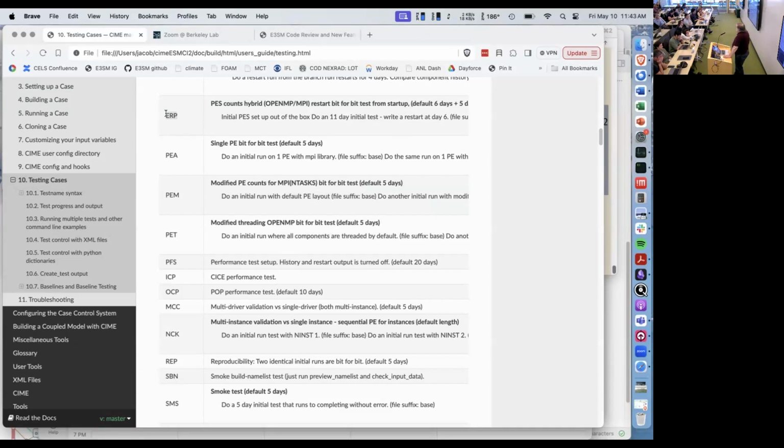It's then going to drop the threads and tasks in half, pick up that restart file, do a shorter run, and compare the output. And those also have to be identical. So it's kind of doing three tests in one. And testing the change in the number of tasks and threads at the same time is bit for bit with testing them individually.